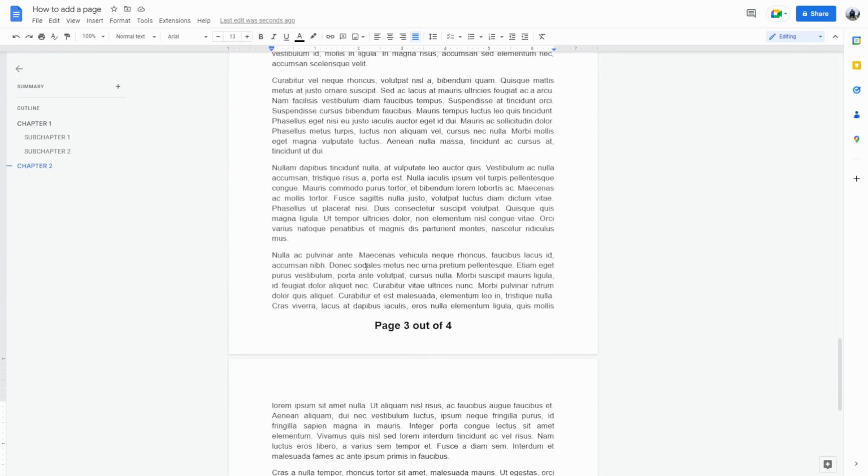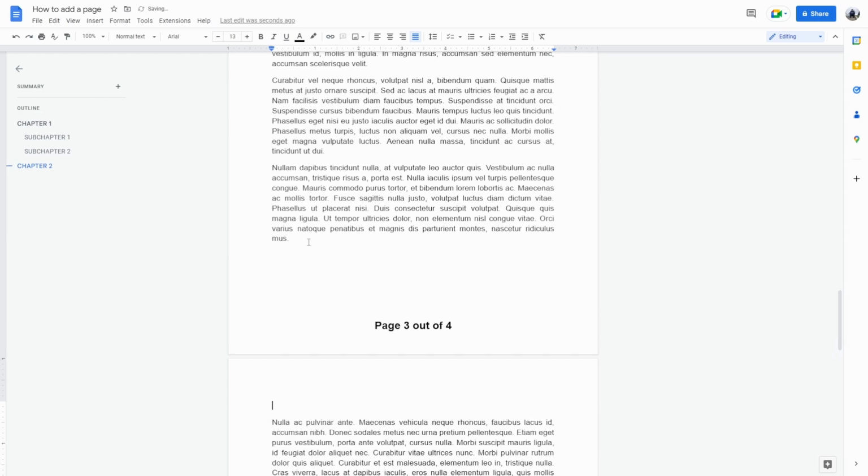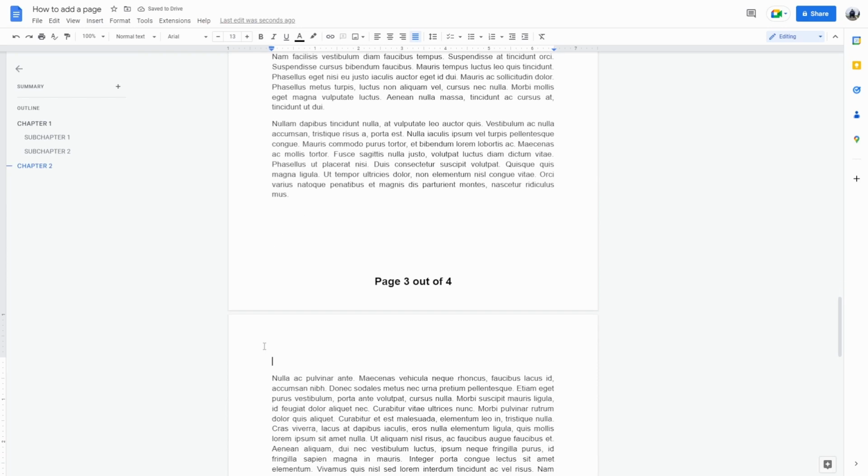You can also add a page somewhere in the middle. For example, I can select this area, CTRL plus Enter, and it'll just separate this area from this area. If we want to add another page in between those, we can just